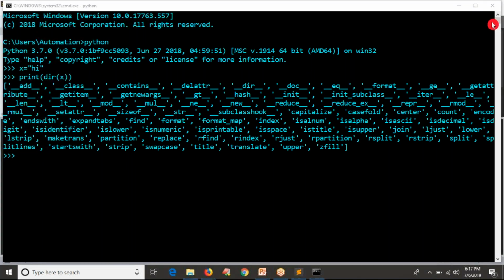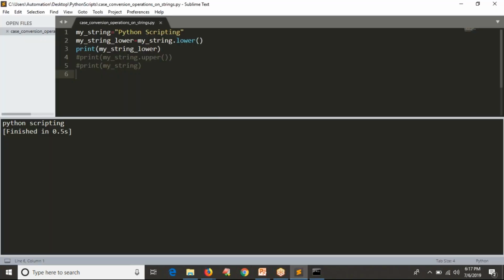So now we have seen this is the upper operation and somewhere you have the lower operation. Here you have the lower operation. Now you have something called swap case, title, capitalize. Let me go with the swap case, right? See, swap case is nothing but, directly I'm going to print your result, your string dot simply swap case.